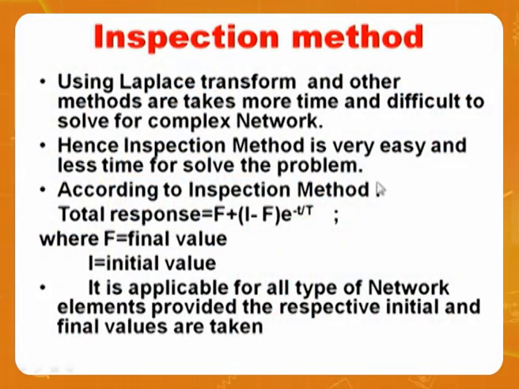So that's why this inspection method will save a lot of time. According to the inspection method, total response is equal to final value plus (initial value minus final value) e power minus t by tau. Once again, final value plus (initial value minus final value) e power minus t by tau. Good. Here F is the final value and I is the initial value, and this is applicable to which